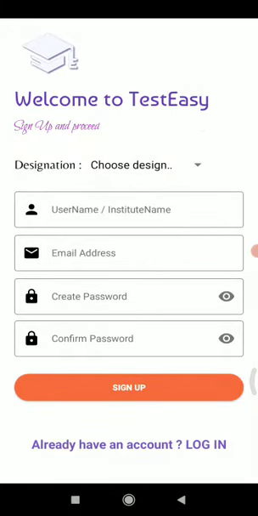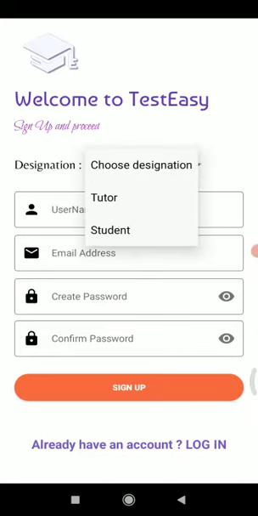When you click sign up, this page will be opened. So first you have to choose the destination. To sign up, everyone should have an email address. If you are a student or teacher, everyone should have an email address. If you don't have an email address, you ask your parent, and you can use your parent's email address here. So the first step, destination. Choose destination, it is here in the option, so click that. In that, teacher and student. You are the student, so first you have to click student.